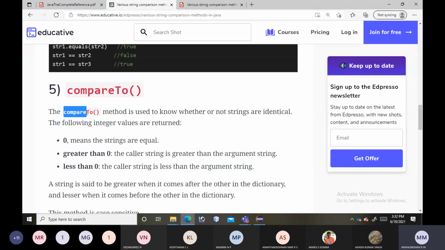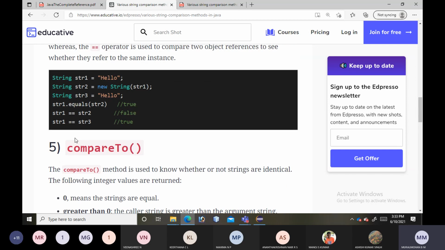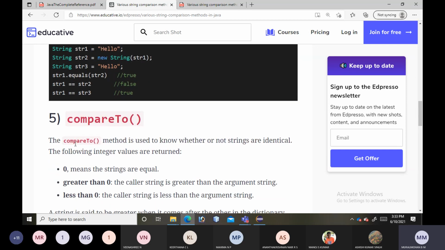This compareTo method is used to know whether or not strings are identical. If both strings are exactly equal, it will return 0. If the caller string is greater than the argument string, it will return a positive value, that is greater than 0.